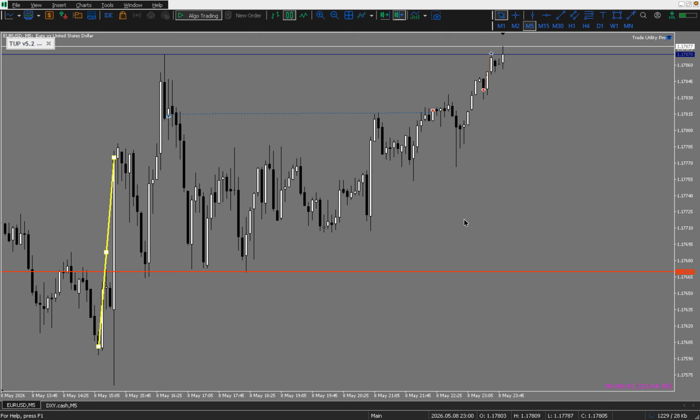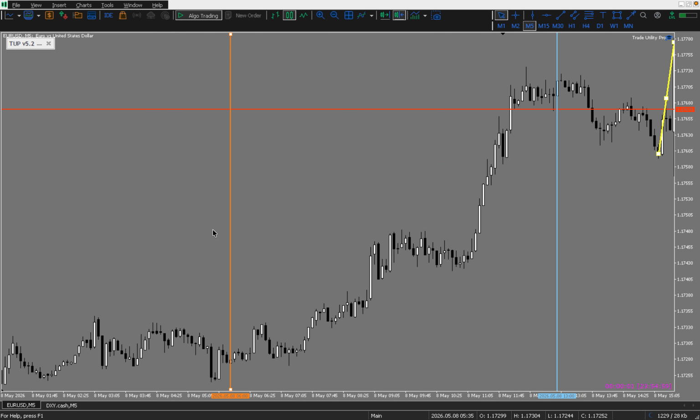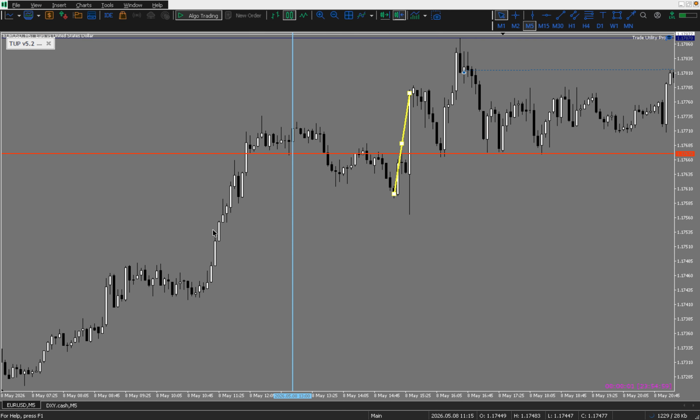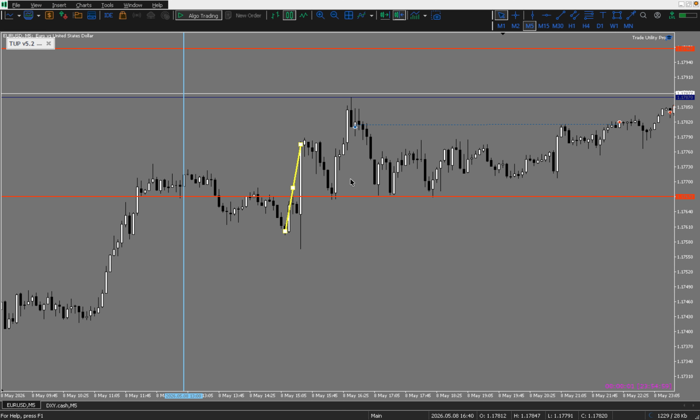With that being said, what I have to do now is, let me move this slowly. Okay. So what I have to do now is identify the rest of the ICC, which I did, but I didn't trust myself, because right after price did this, it started correcting. So this right here is the correction on this bear candle, and this is very important, because